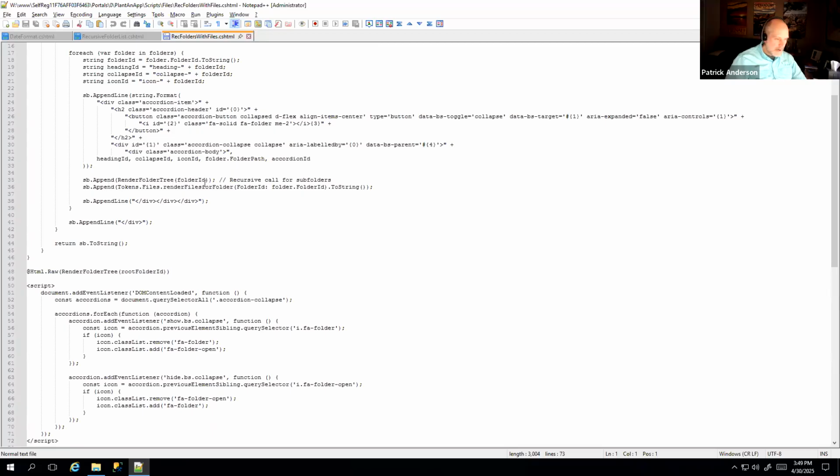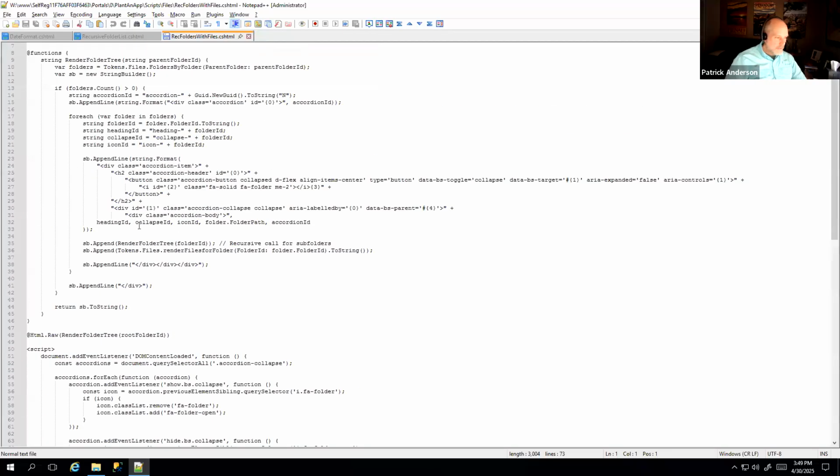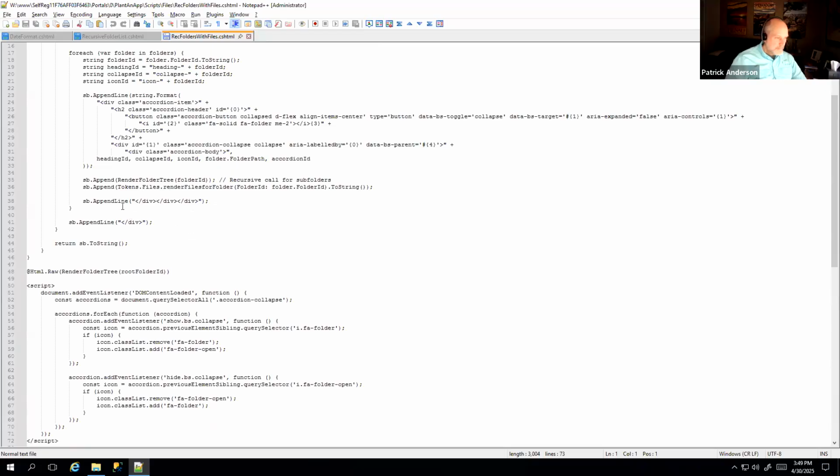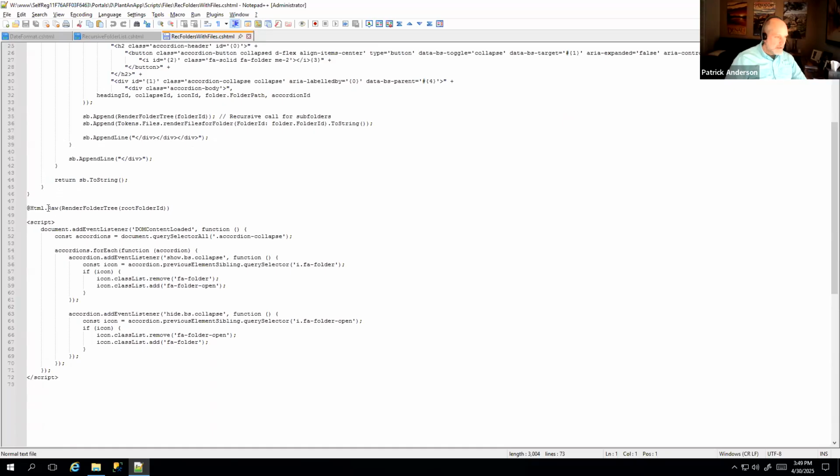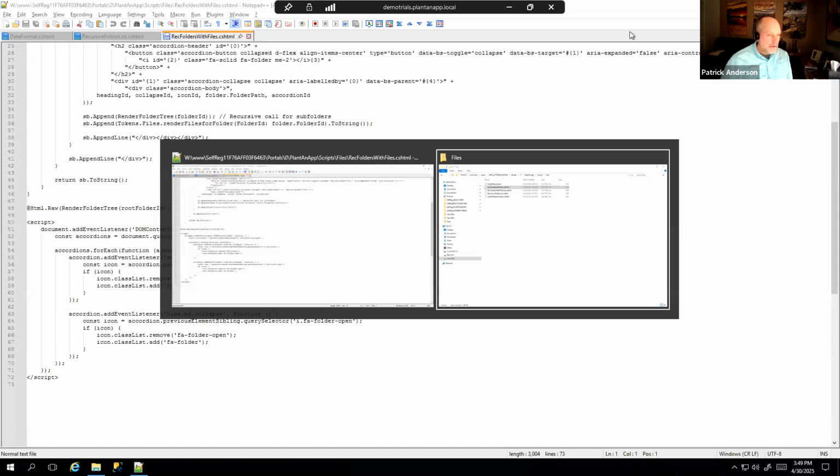And then here is where we are actually getting the files. So once we've listed any folders that are in any subfolders that are within a folder, then we're going to list the files that are in that folder. And then here, of course, we're wrapping up the div and wrapping the final div, and then putting that all out to html.raw. And actually, the script here, I didn't actually get this working, so it's here, but you won't actually see this in action. But meanwhile, let's go back to